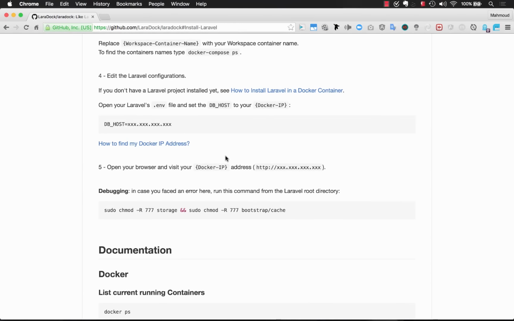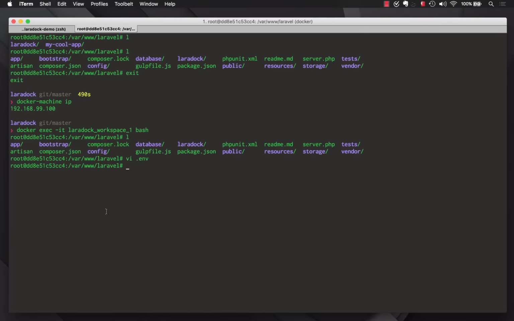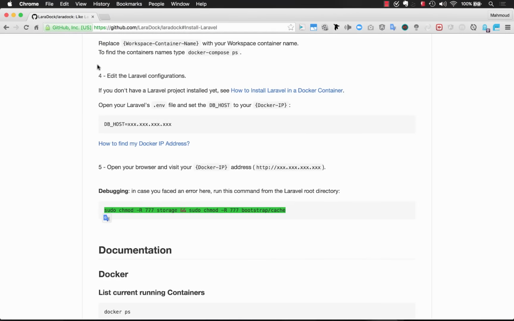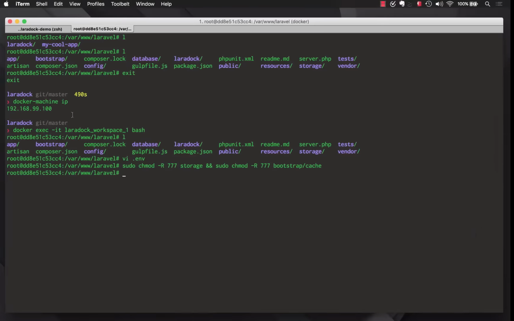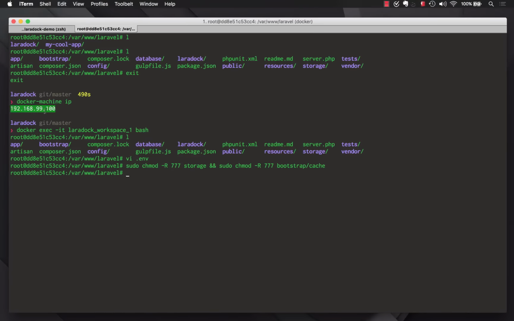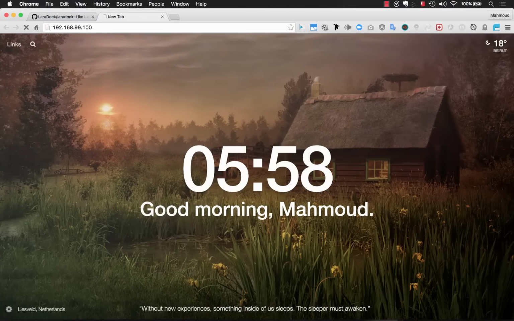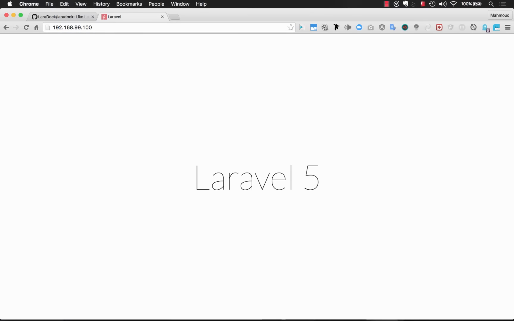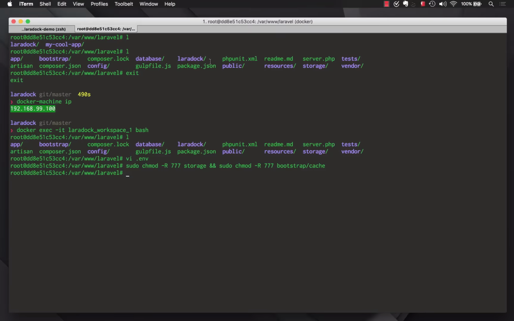Okay, finally, let's give some permission, because I'm sure this will cause a little problem. And yep, let's go to that IP address. It's 192.168.99.100. Beautiful. Now we have Laravel installed and running on top of Docker. Now I will show you how to run it